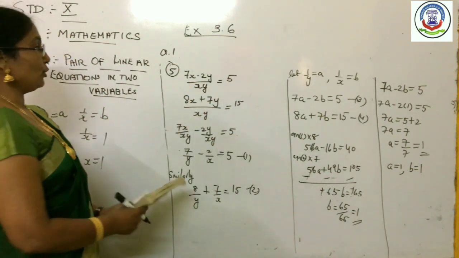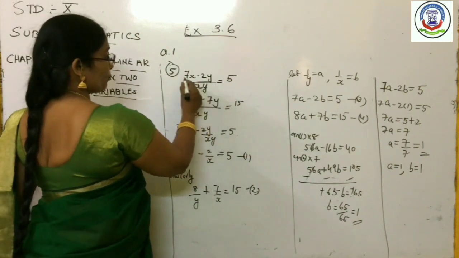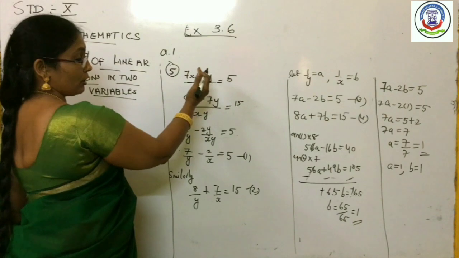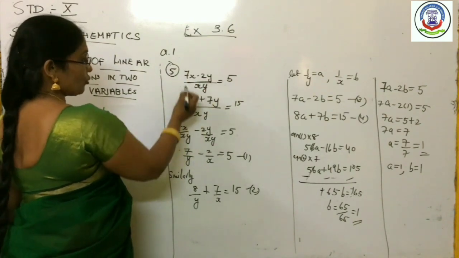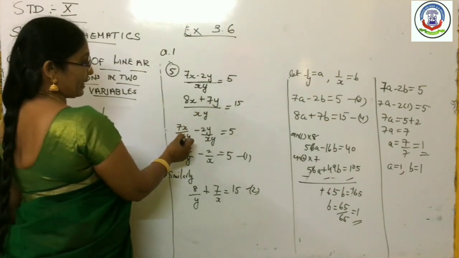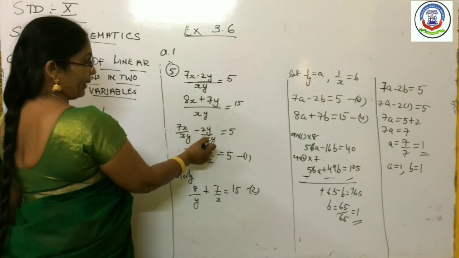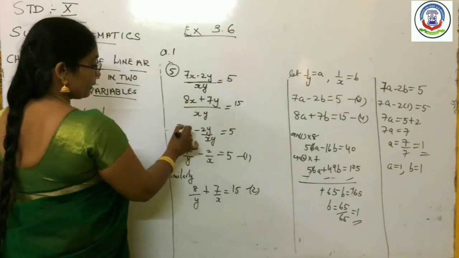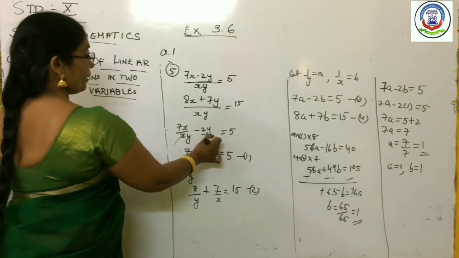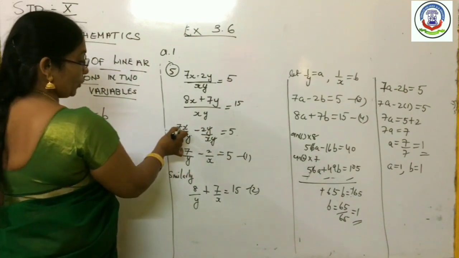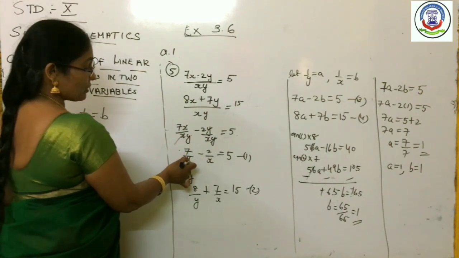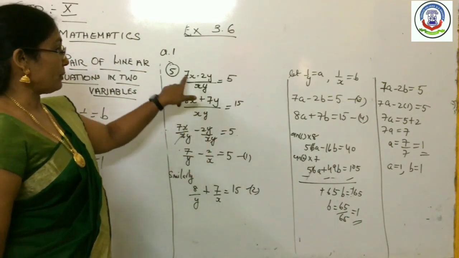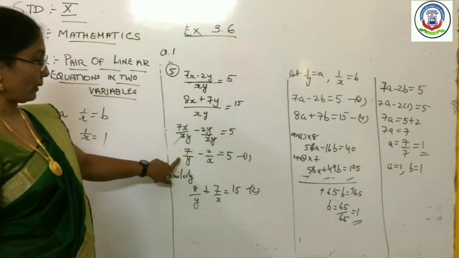First of all, here you know that common denominator for both these terms, that is xy. You are separating this common denominator for both of that. It will come 7x by xy minus 2y by xy is equal to 5. Now here, when you are doing that, so x will be cancelled here. Here y will be cancelled. So what you are going to get? 7 upon y minus 2 upon x is equal to 5. You keep that equation. That means this equation you have reformed like this way.